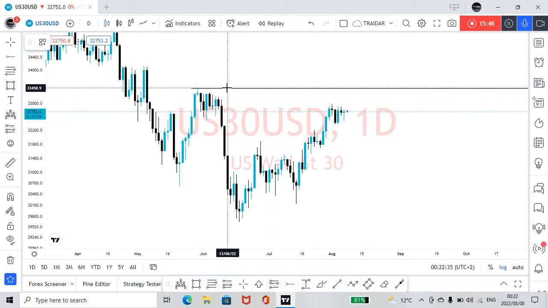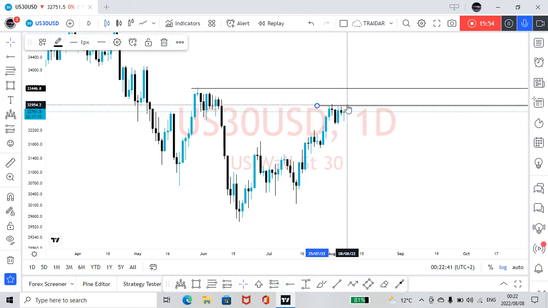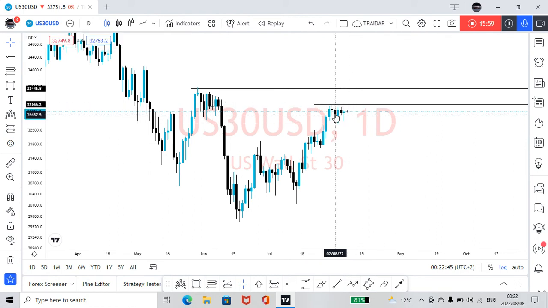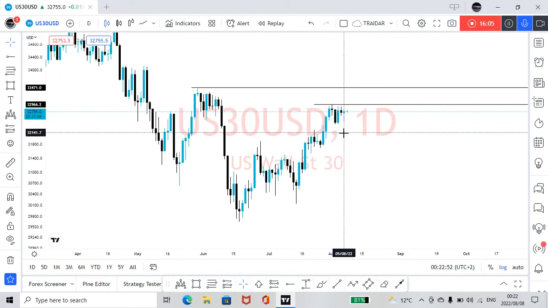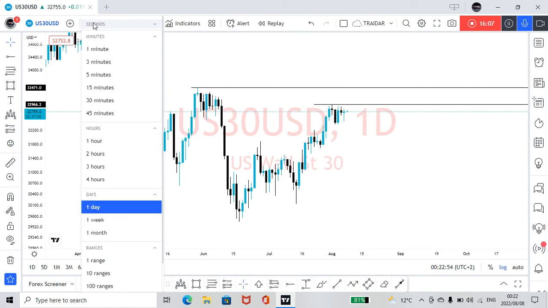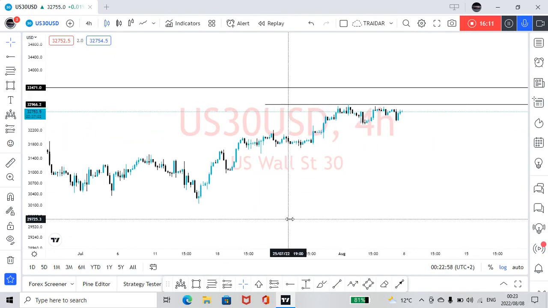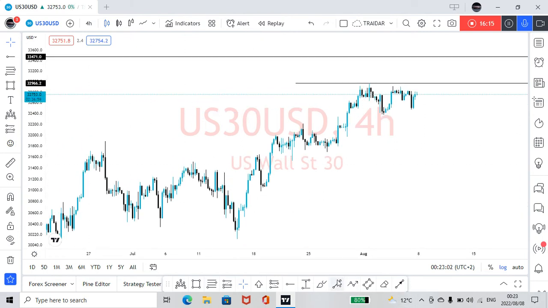So the market, we haven't really passed that area. So I'll just mark this one to the T, just like that. And then let me go back down to H4. So in H4, as we can see, guys, the market